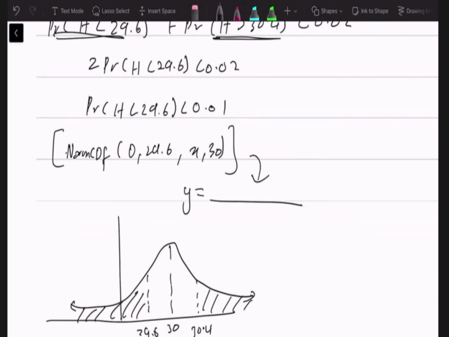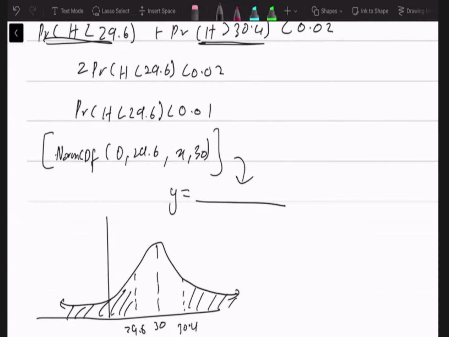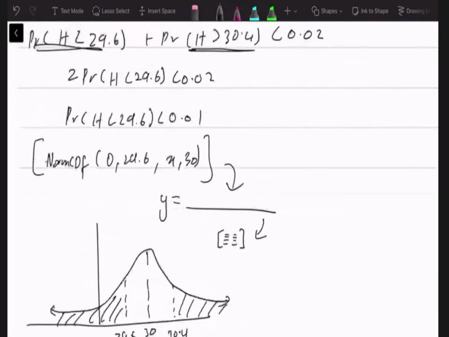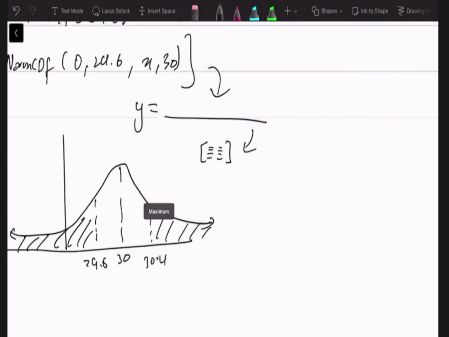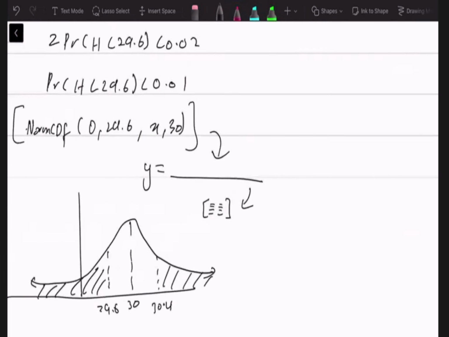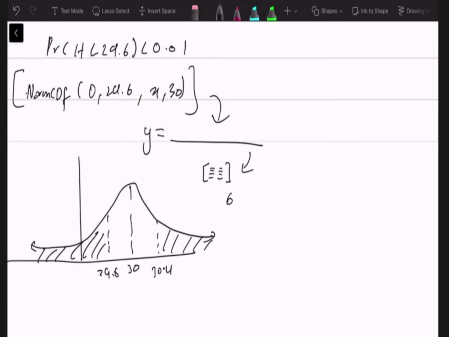So y equals this thing. And then you'll see this little button at the top that looks like this. That means tables, and then look at tables. And so for this question it might not work this way because sigma is 0.17, and usually the default